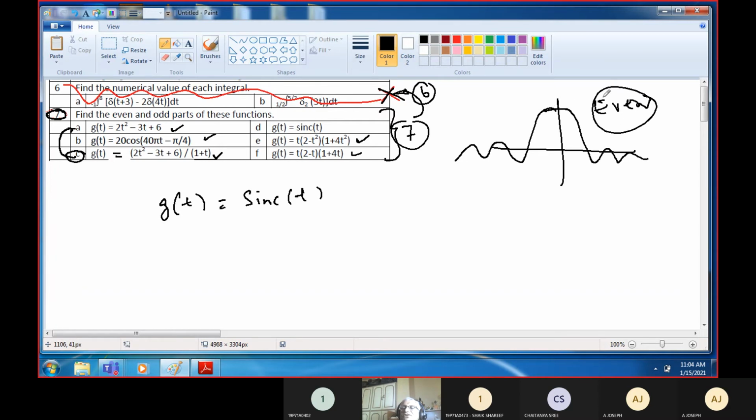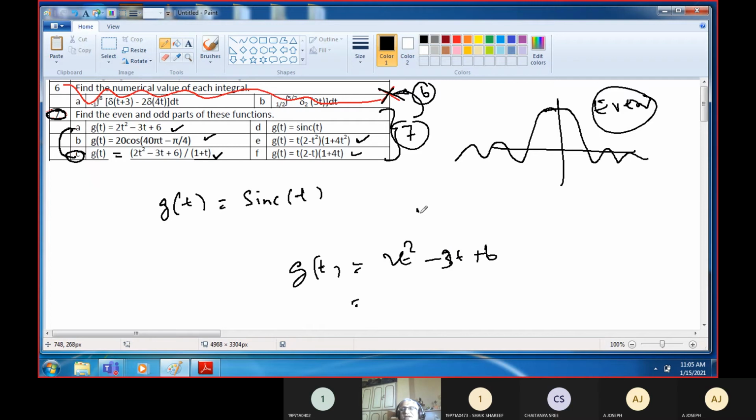Only those students who have forgotten or who did not study the sinc function will think, oh my God, it is some very new or difficult thing, and they'll struggle to do the job. Here, after a few weeks of solving all these problems, none of you should solve them the way I am solving here. For example, just deviating, but it's very important: 2t square minus 3t plus 6 are there. How will you solve this problem?